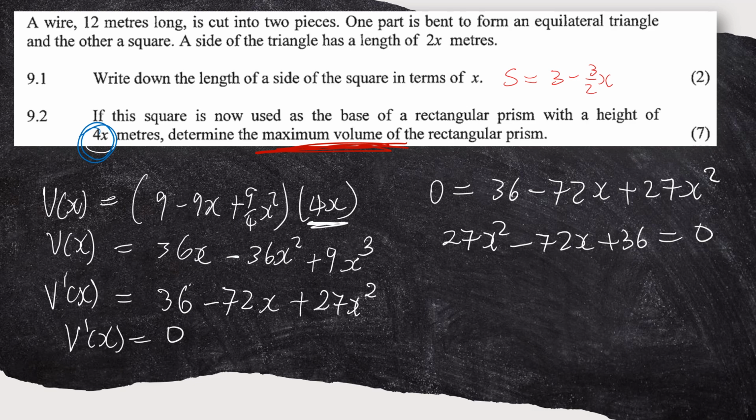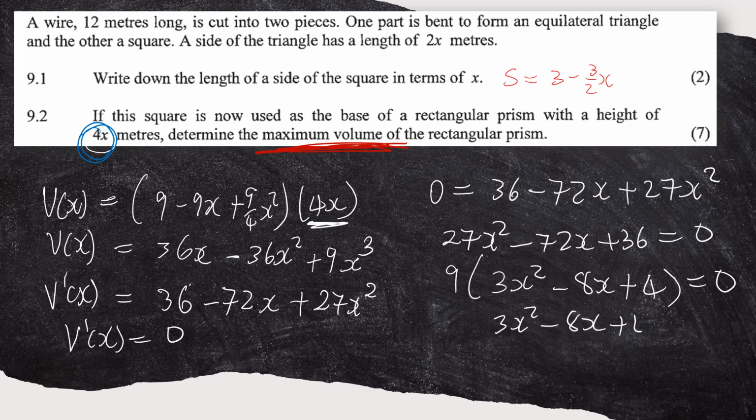Okay, so if we check, we can divide every side by 9, right? If I remove 9, I'll be left with 3x squared, then 72 divided by 9 will be minus 8x, plus 36 divided by 9 will be 4, equal to 0. So if you divide both sides by 9, you'll be left with 3x squared minus 8x plus 4 equals